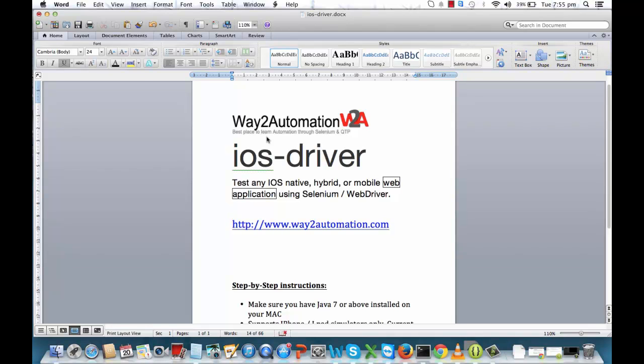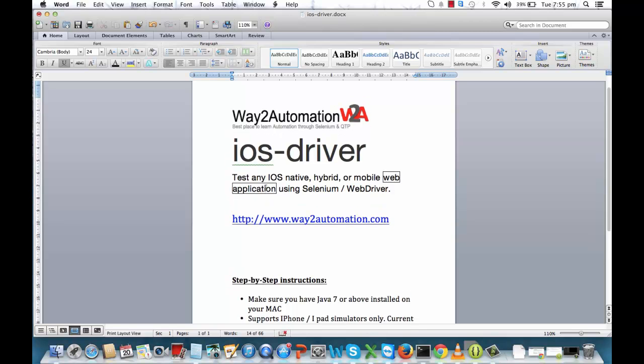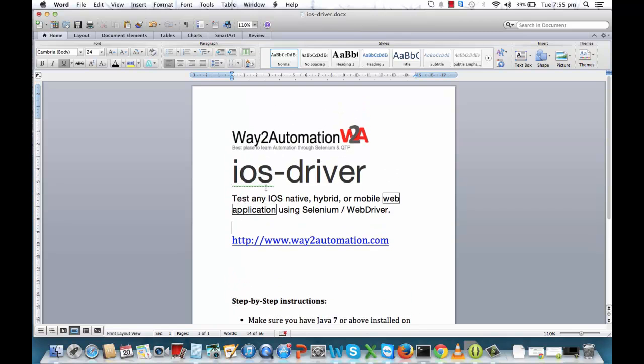Hello guys. So in this module we will talk about iOS driver. iOS driver is basically one of the APIs from the upcoming Selenium 3.0 project, right? Through this API you can automate your iOS based apps. You've already seen some of this using Appium, which is another framework for automating iOS and Android apps, and this iOS driver is specifically